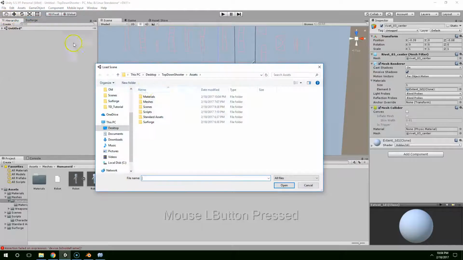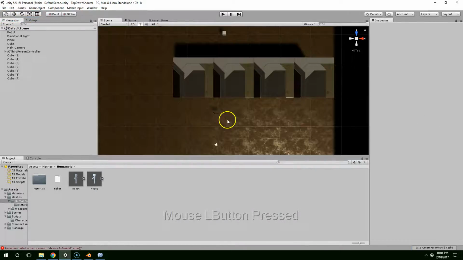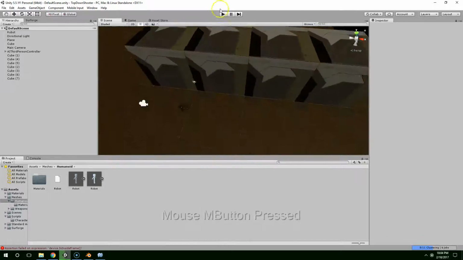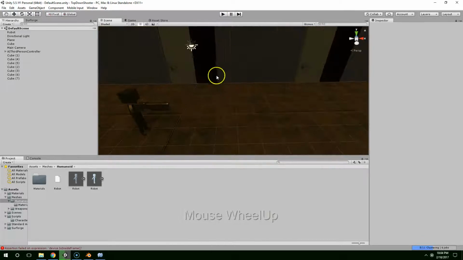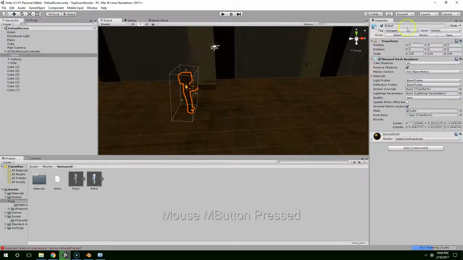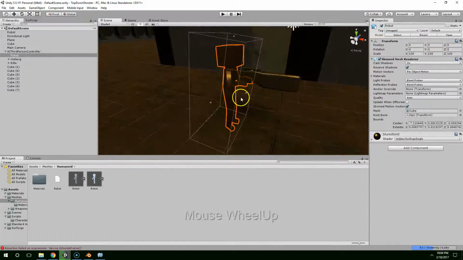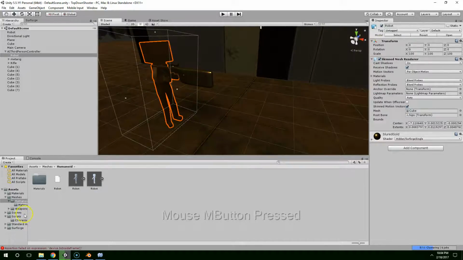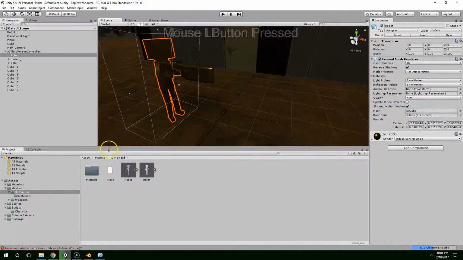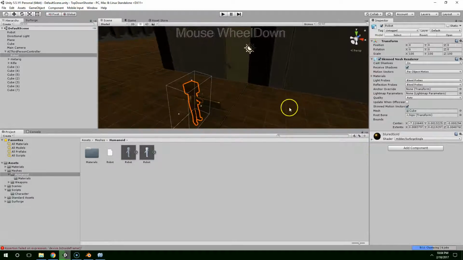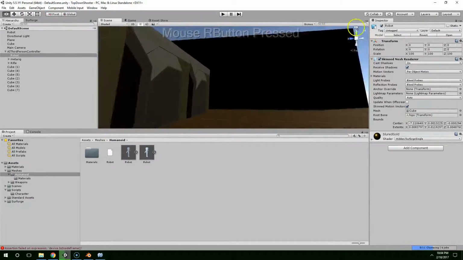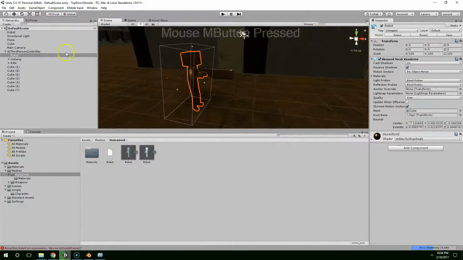So now if we go back to the other scene, I'm not going to bother saving that. The lighting looks weird. That's because it's calculating. You can see that down here. Now let's go ahead and create the new material. Hopefully the lighting clears up. I don't know, it usually doesn't look that bad off the bat. Anyway,